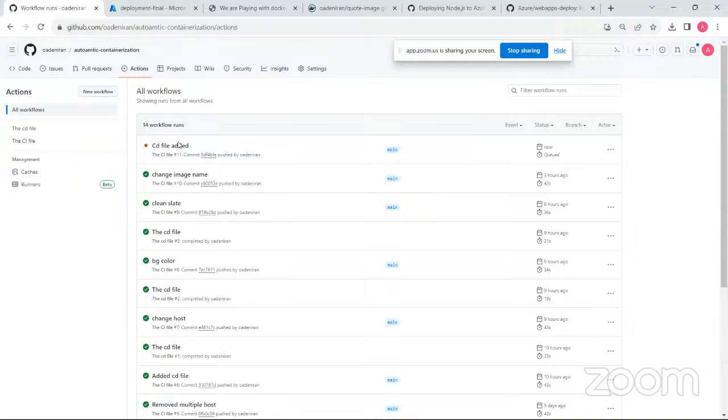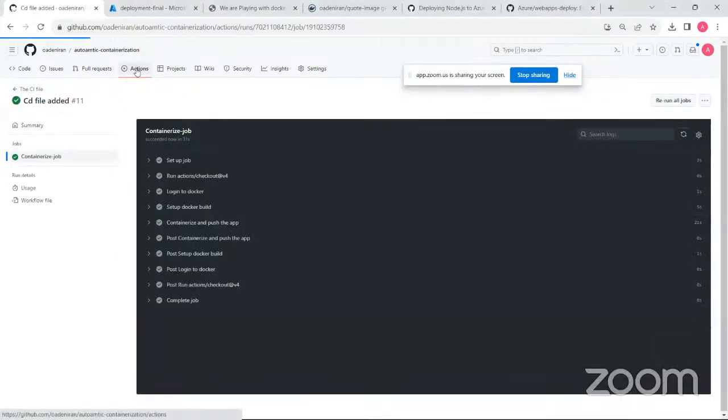So the automatic image where now we have specified, you can see for now the CI file is the only one that is running. CD file added, only this action is running. So this containerized job action is done. Since this one is done, even if the network is a bit poor, we should see that the other action has started. You see that the other action has started. So that's the containerized job. If we click on the action, we should see that,